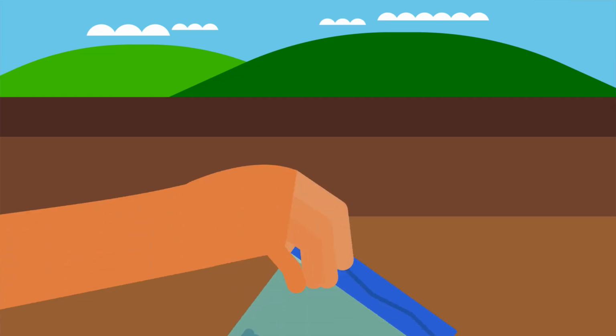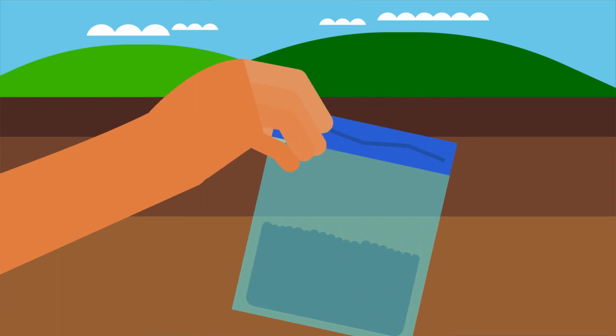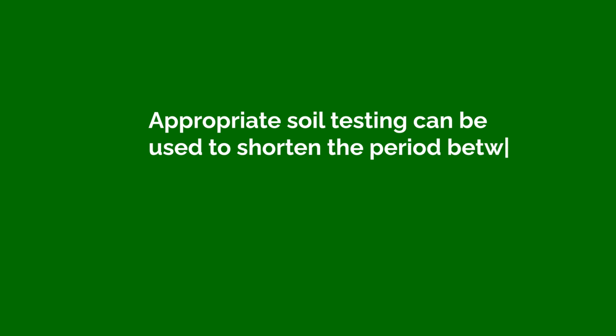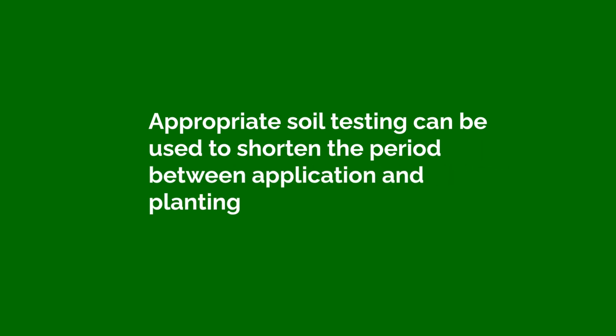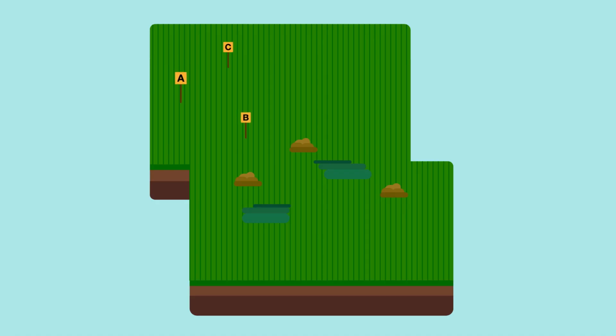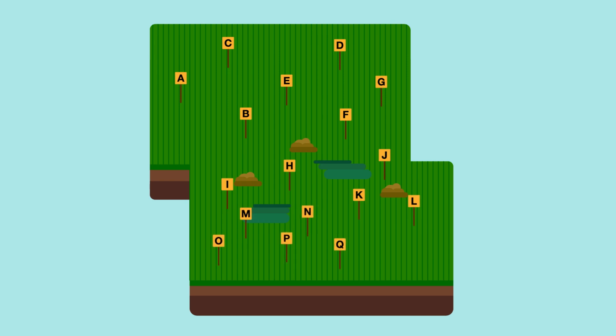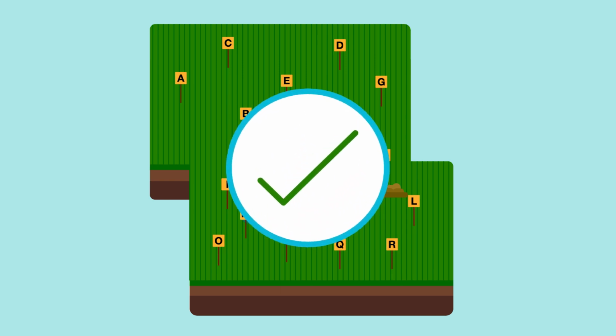Nonetheless, in some cases, it may be deemed acceptable through a proper risk assessment that appropriate soil testing can be used to shorten the period between application and planting to no less than 270 days. To do this, suitable representative samples need to be collected, and testing must be performed in a manner that accurately represents the entire production field suspected to have been exposed to the unallowed soil amendments or crop inputs. Test results must then show that microorganism levels in the soil meet the recommended standard for processed compost.